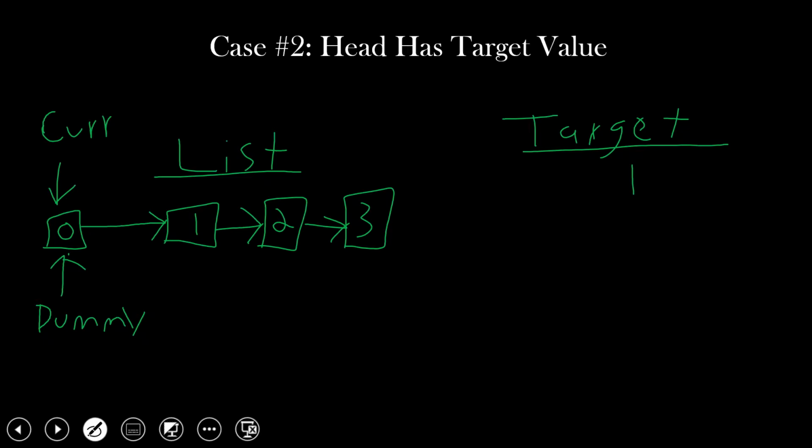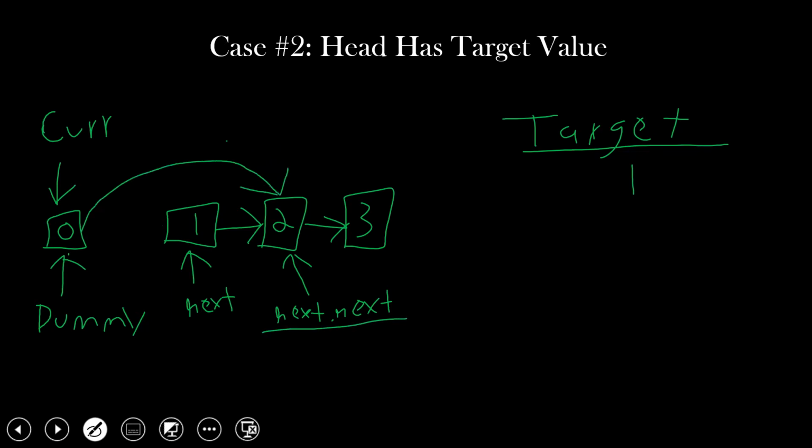Essentially this is really all we have to do. All we really have to do is check and see if current.next has our target value. And as you can see, if current is 0 and the next value is 1, current.next does equal the target. So in that case, we would just say that current.next equals current.next.next. As you can see here, it's stated a little more explicitly, but what I want to do is say current.next equals